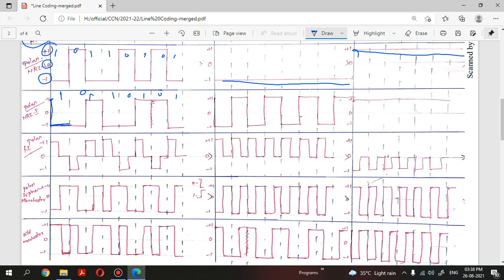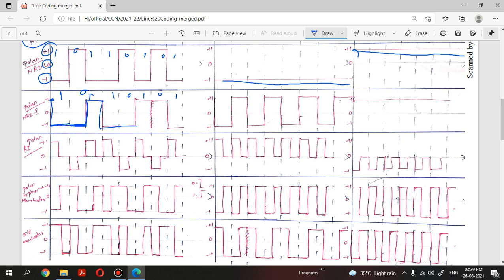Check for the next bit, it is 0, so we maintain the same voltage level, right? It will check for the next one, the next bit is 1, so wherever we are, we make a transition, we make an inversion. Right now we were at positive, and since the next bit is 1, we make an inversion, and here we are in negative. Since the next bit is 1, we make an inversion to positive, and data transmission takes place. Next bit is 1, right now we are in positive, we make an inversion, and the next data transmission takes place.